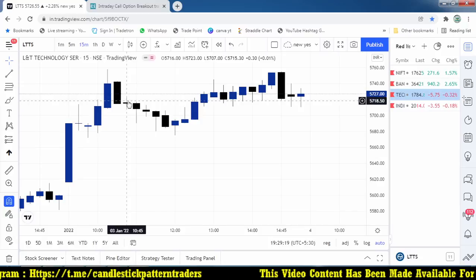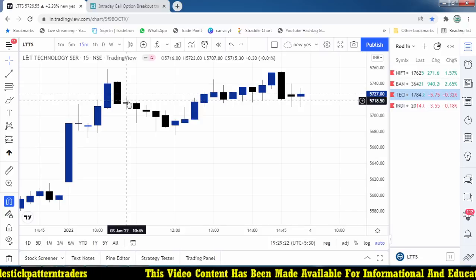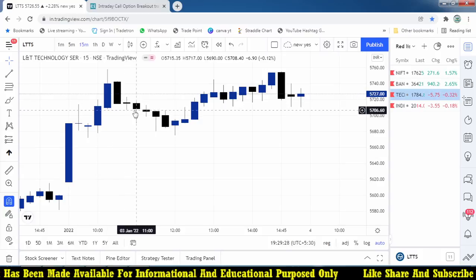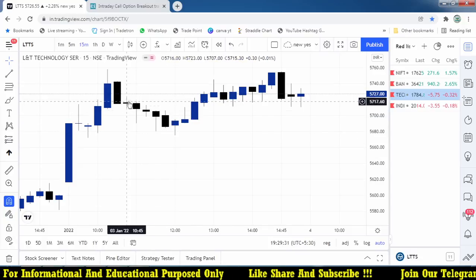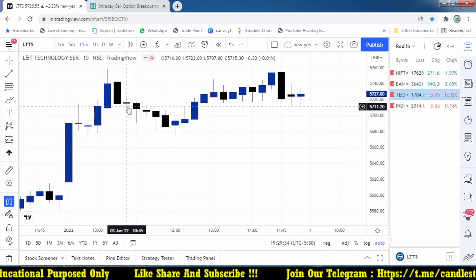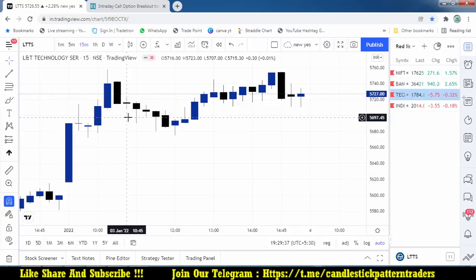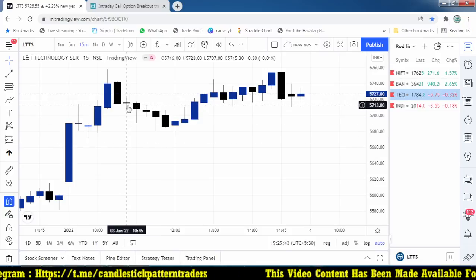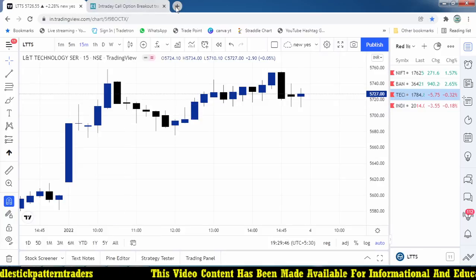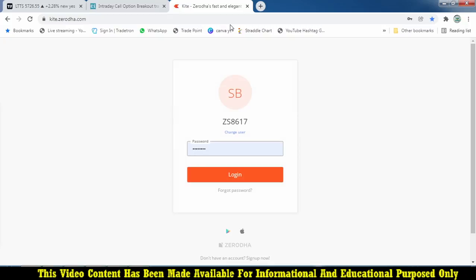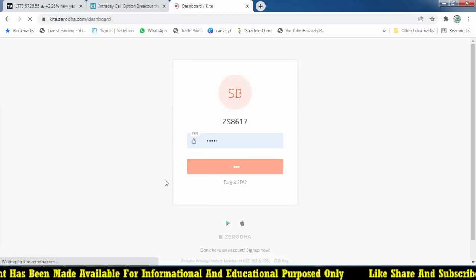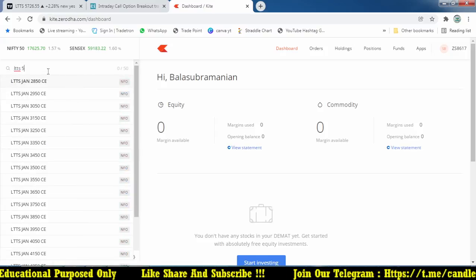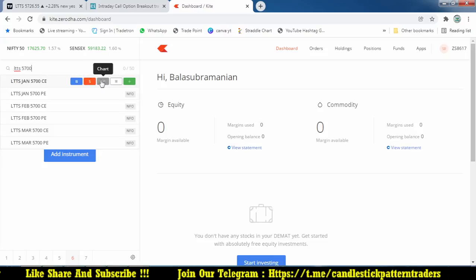So we got an entry opportunity around 5,723 with a stop loss of 5,707. Initially it breaks the low and keeps going down. But our aim is to buy a call option, because it satisfies all the conditions in buying mode. So we are going to buy a call option. At this particular time the exact price is 5,723, and we may try to take the 5,700 call. Let me see what happened on that particular stock. So let me open it and try LTTS 5,700. You must select a nearby strike price.